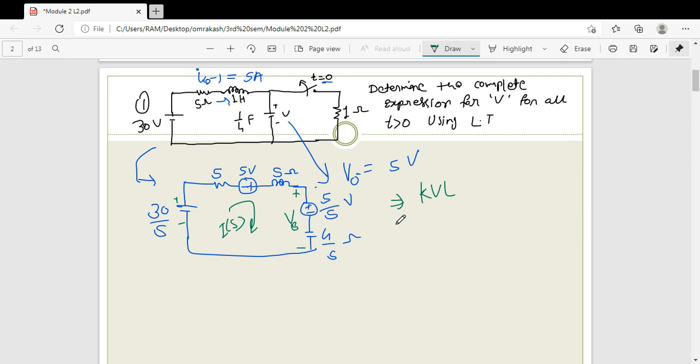Now see KVL. So this is total current I of S, and what is the resistance? 5 ohm. Inductor is S and capacitor is 4 by S. So 5 plus S plus 4 by S, which is equal to what? The total voltage is 30 by S,